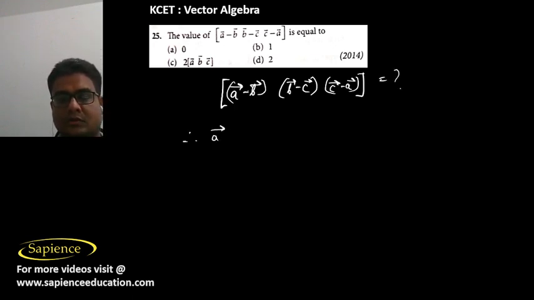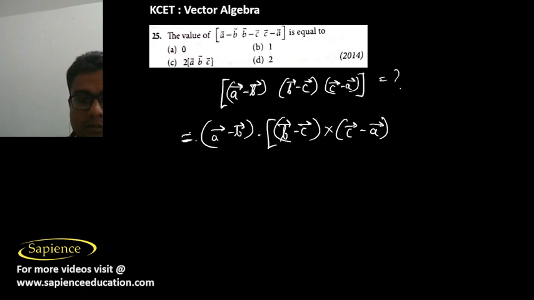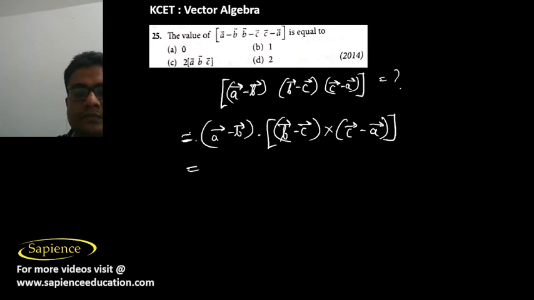Now, this is the box product, means scalar triple product. So it is equal to A minus B dot B minus C cross C minus A. This will be equal to A minus B dot B cross C